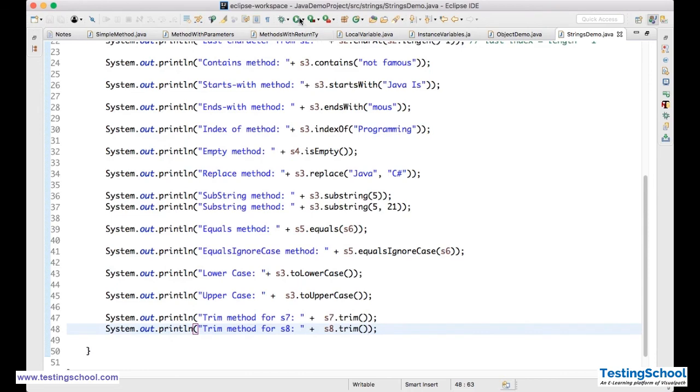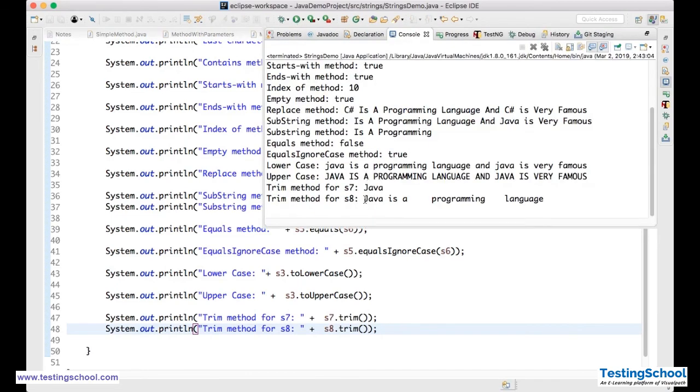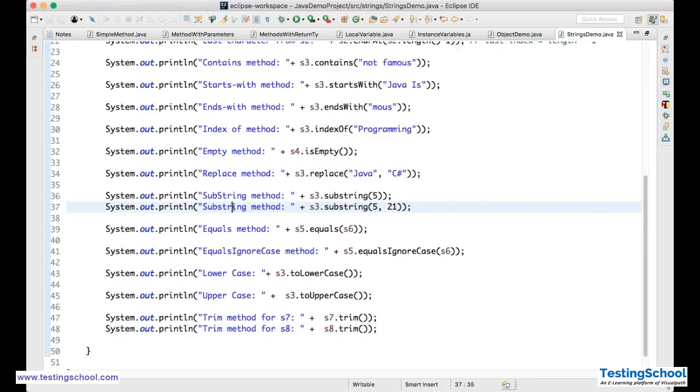Then when I run this now, you see, starting space is removed, but in the middle you still have the spaces. Then what is the conclusion? When you use trim, it will remove the white spaces in the starting point and ending point, not in between. If you have in between, you cannot do anything. Some other logic you have to write, but by using the trim method, you cannot remove the white spaces in the middle of the string. It only removes the starting point and the ending point.